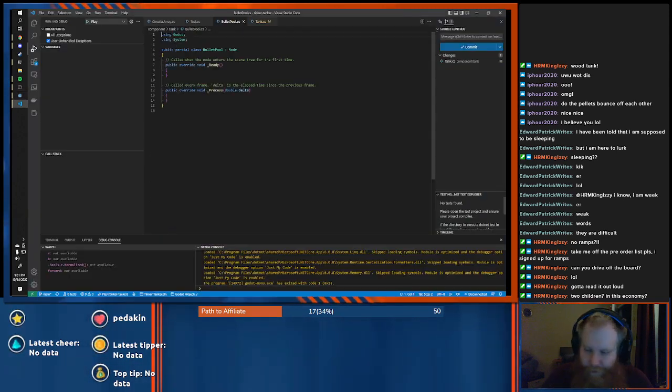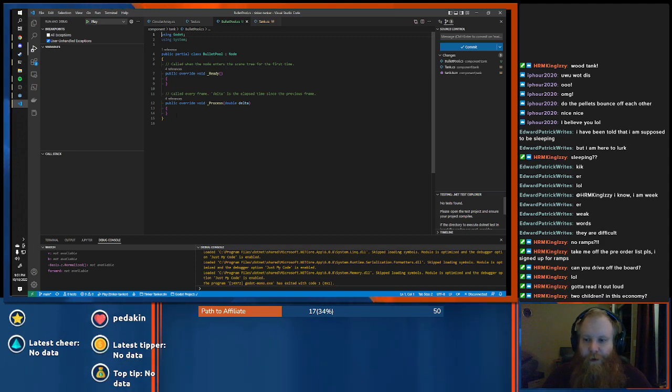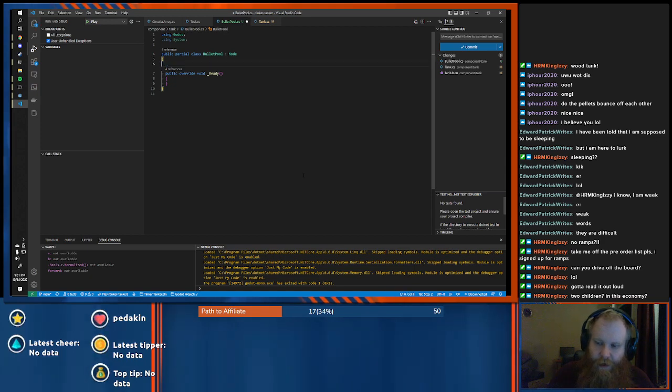Okay, so yeah, got a little distracted there. Ready, process. It doesn't really need to do anything every frame, so we're going to go ahead and kill that. I don't think it needs to do any sort of initialization, so I'm not going to completely remove that. I'm just going to comment that out in case I need it later. Not that I couldn't just rewrite it, but okay, so what does this need to know?